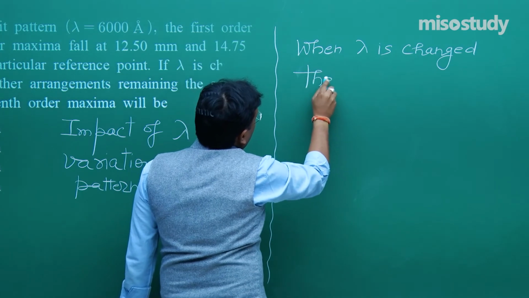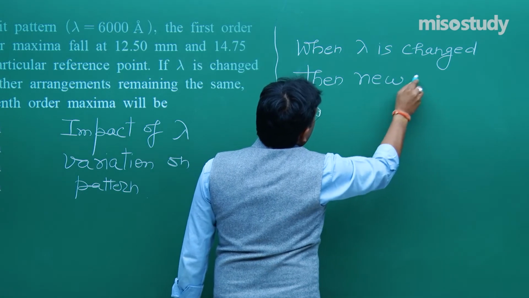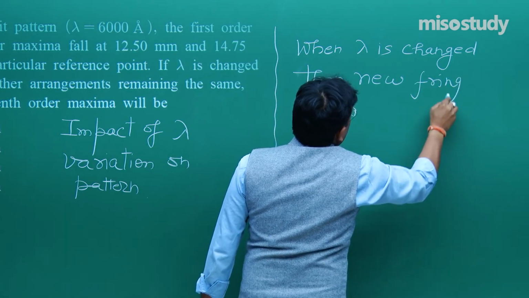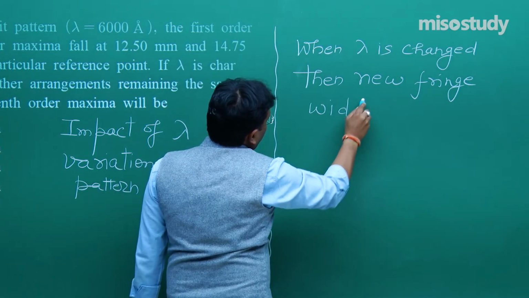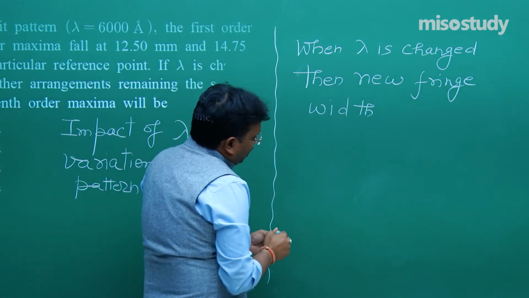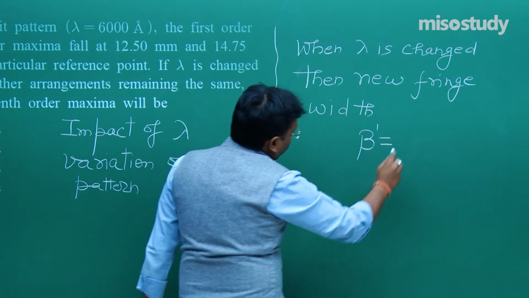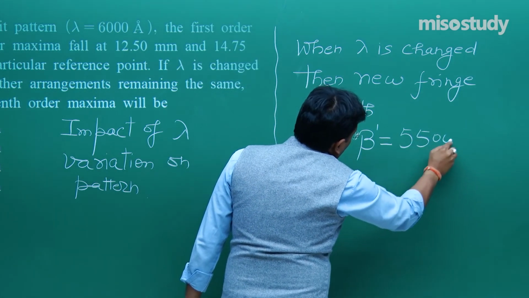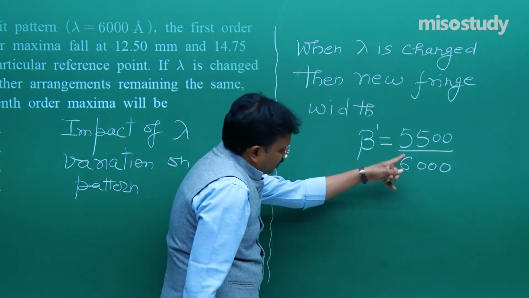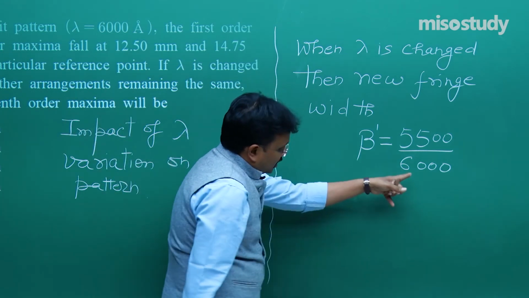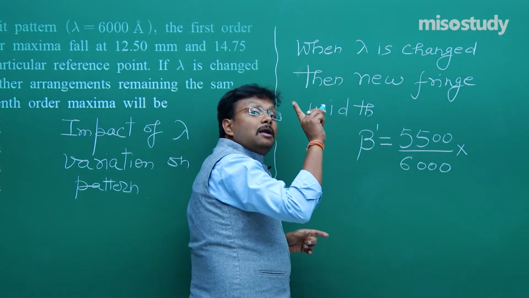then new fringe width. When lambda is changed, then new fringe width. In this situation, the new fringe width, let us say beta prime, is equal to 5500 upon 6000, because the new wavelength is 5500, it is given, and the initial old one is 6000 angstrom, into the original fringe width